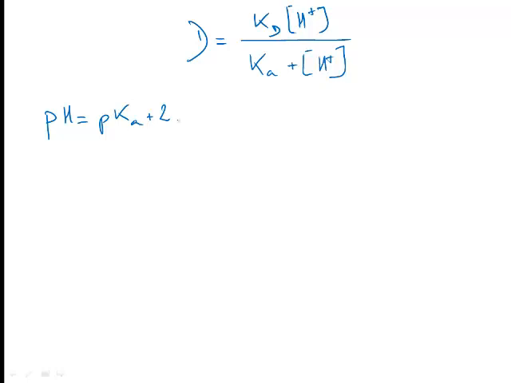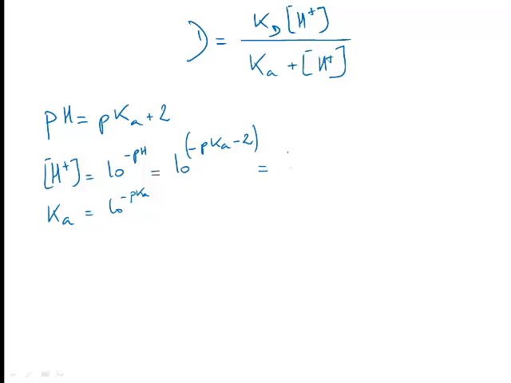Well, we don't have pH or pKa in those, but we know that H+ is equal to 10 to the power minus pH, and we also know that Ka is equal to 10 to the power minus pKa by definition. So we know that 10 to the power minus pH is equal to 10 to the minus pKa minus 2,